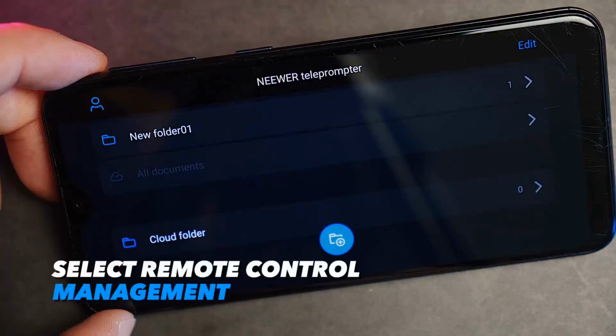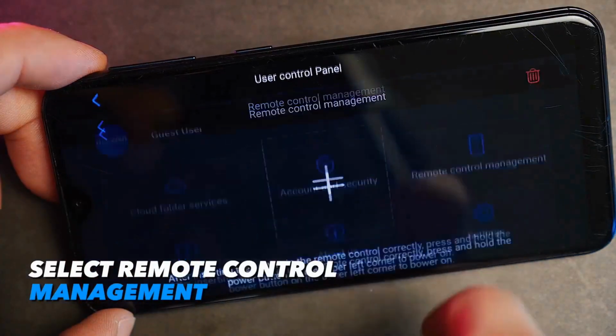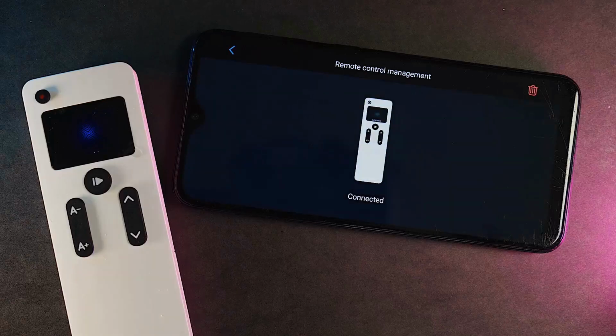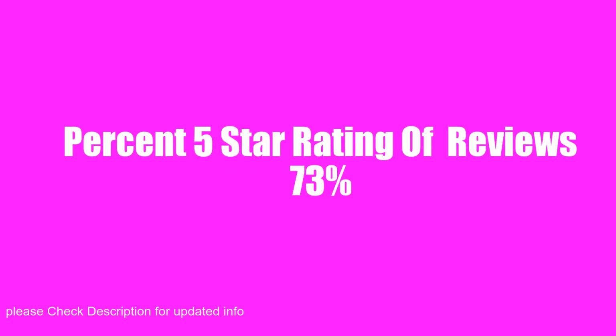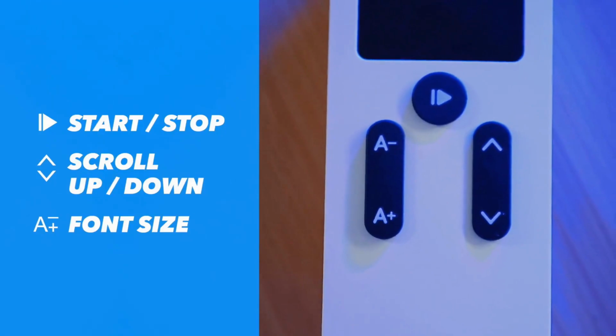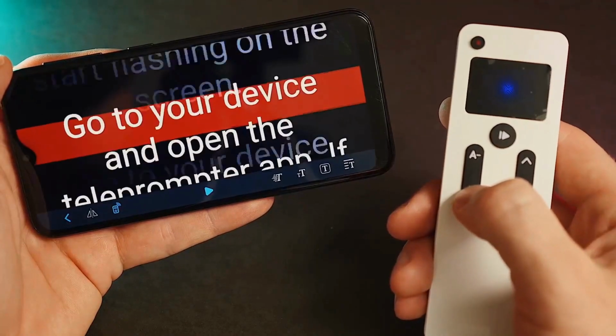If you haven't already, begin by downloading and installing the Teleprompter app on your iOS or Android device. You can always scan the QR code located in the remote's instruction manual, or by visiting your app store and searching for NEEWER Teleprompter. Long press the power button to turn on the remote. A blue indicator light will start flashing on the screen. Go to your device and open the Teleprompter app. If you haven't already created a login, you can do so at this time, or use the guest mode. If you are prompted to give the app permission to use Bluetooth, please